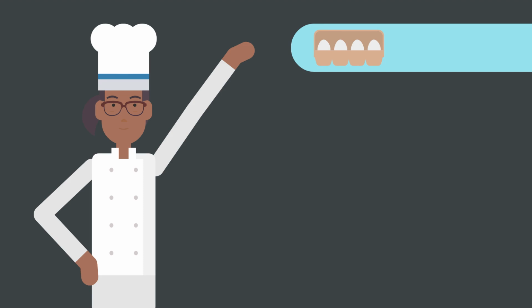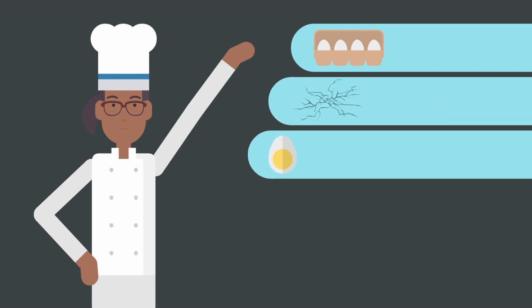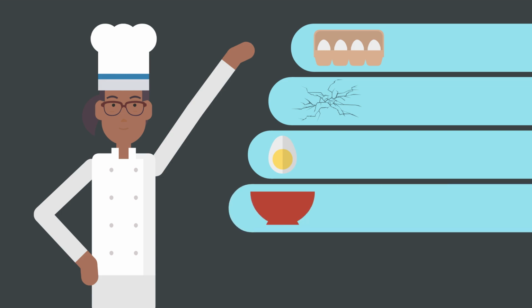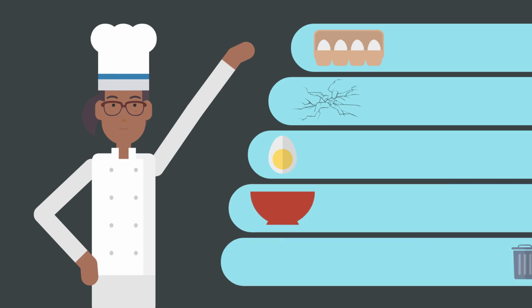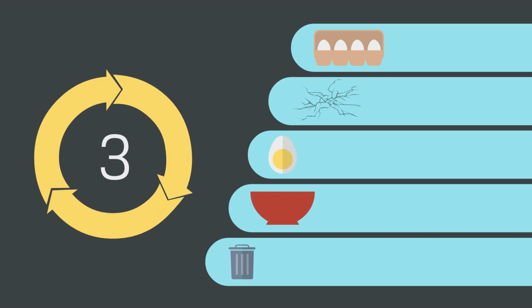Remove an egg from the carton, crack the eggshell on the side of the bowl, release the egg white and yolk into the bowl, check for any shell fragments in the bowl, and discard the shell. Repeating these steps 3 times will give you 3 eggs in the bowl. That's a loop. If this were a computer program, say in the popular programming language Python, the loop might look